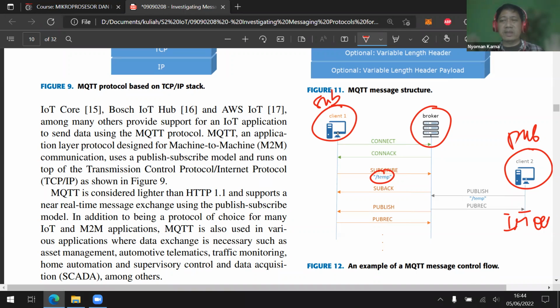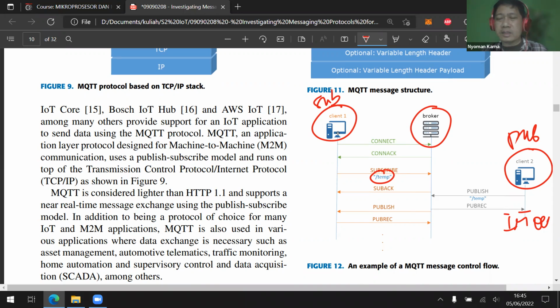Okay, so we have the publisher, the one who sends and publishes the data, and also the subscriber, the one who gets the data. And this communication is going through the broker. So the broker is the one responsible for data security, and for who subscribes to data called temperature, and who subscribes to data called humidity, etc. That's the purpose of the broker.